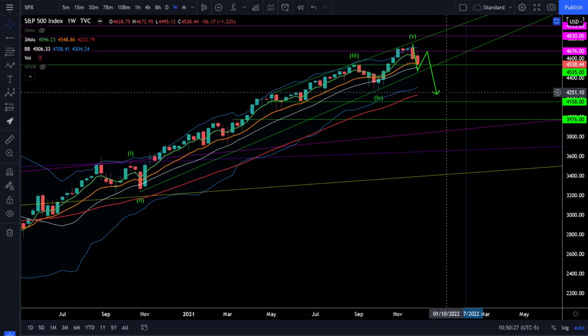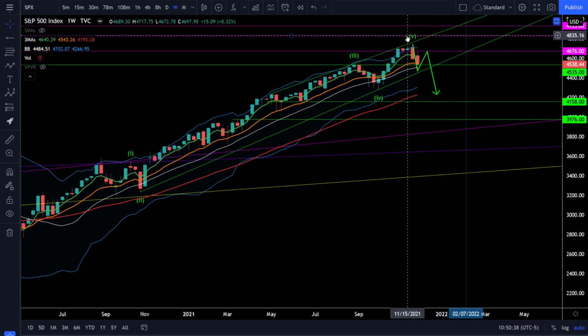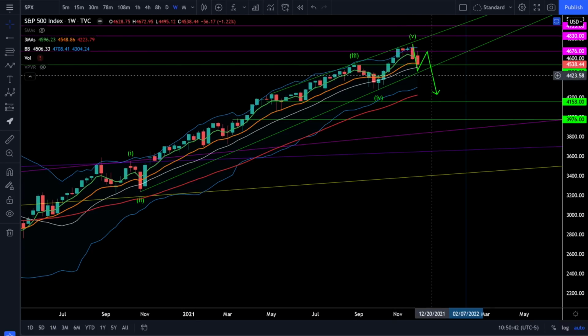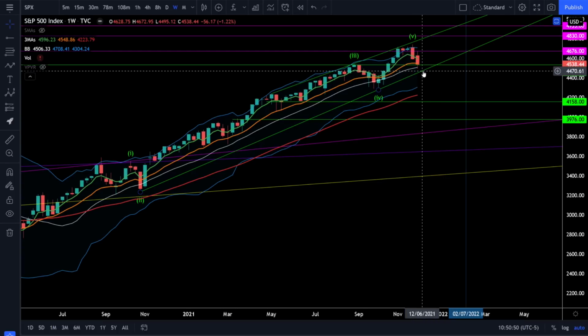So right now, I think this would be a normal, healthy correction, and I don't think you would need to panic sell your long positions, and I am definitely not panic selling my long positions. If we start to see something changing and we get this full-blown correction and we continue to head lower, now we're looking at a potential bear market, and then we might need to do things a little bit differently. But right now, it's not a bear market and it's not a full-blown correction until we break through critical support,